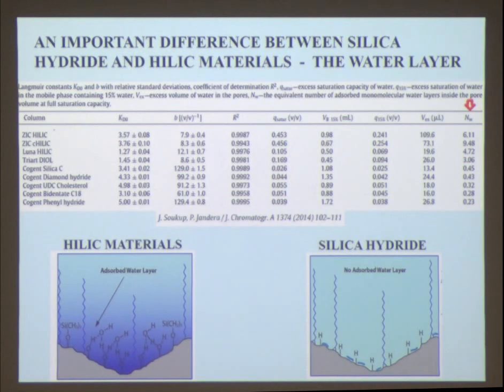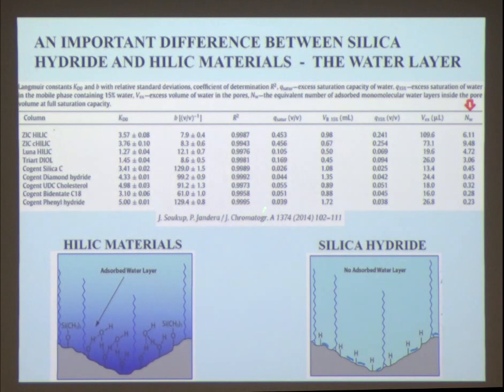All right, so now we have to figure out what's the difference between ordinary silica and silica hydride. Something fundamentally is different about it, to explain this property. Again, this was work done by another laboratory. They measured the layer of water on the surface. Here are 2 little cartoons. This is ordinary silica, which we refer to as a HILIC material, a hydrophilic interaction liquid chromatography material, and it has a very, very thick layer of water on the surface,